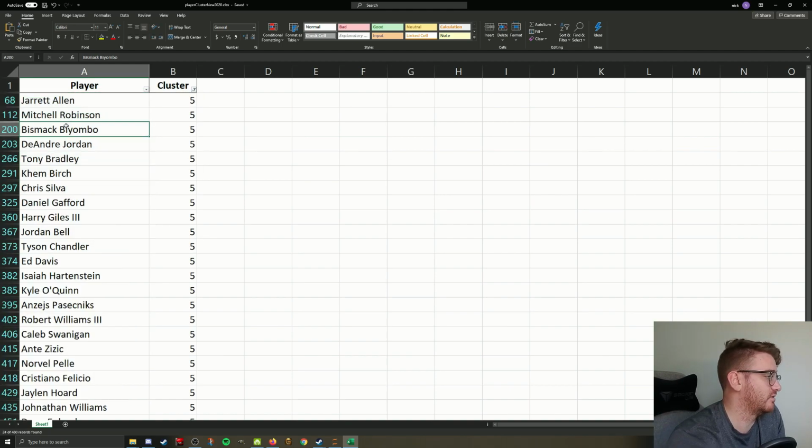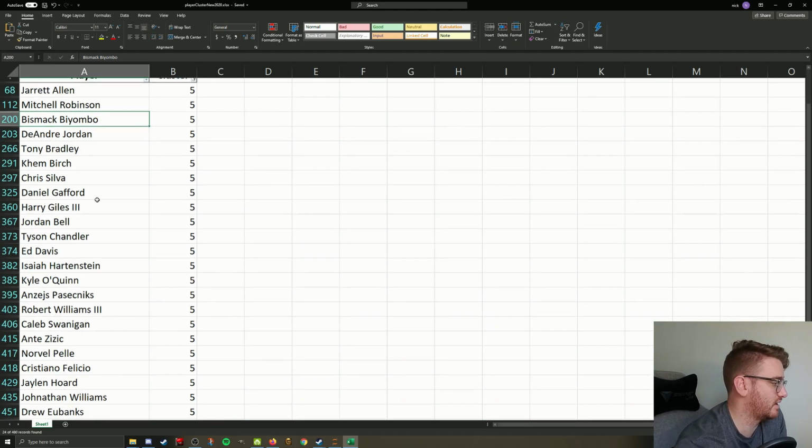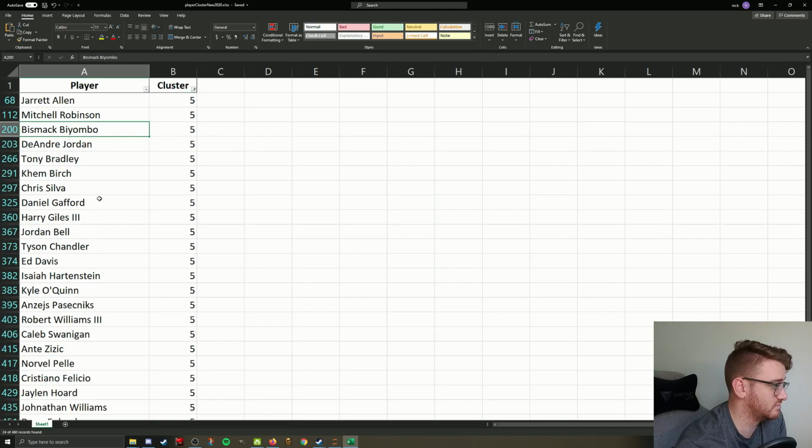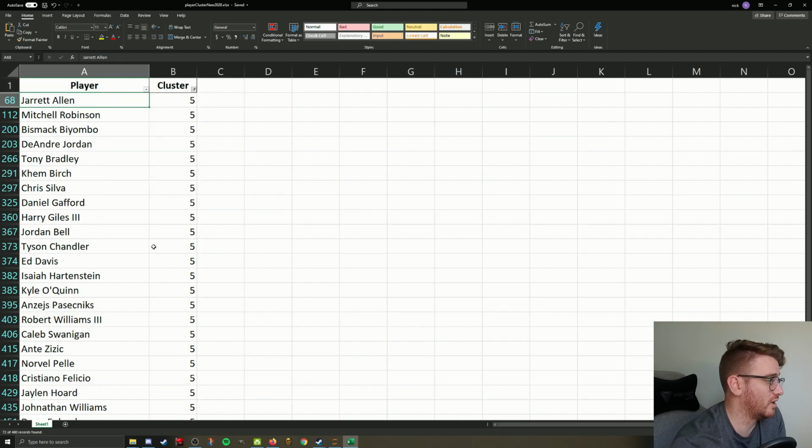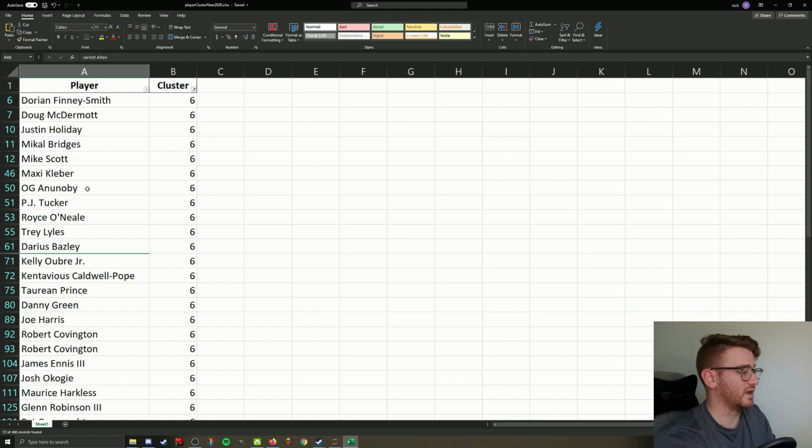Cluster 5. All right, so we got some more big guys. Shot blockers. Shot blockers maybe, just Robert Williams, I know. Bismack Biyombo, Jarrett Allen. That's what I'm thinking when I see this group. So the whole point of this is to get players that kind of play the same way, because, as I mentioned before, all point guards don't have the same skill sets. They don't do the same things in the game. So a team that might be able to shut down a score first point guard might really struggle against a more facilitator point guard,